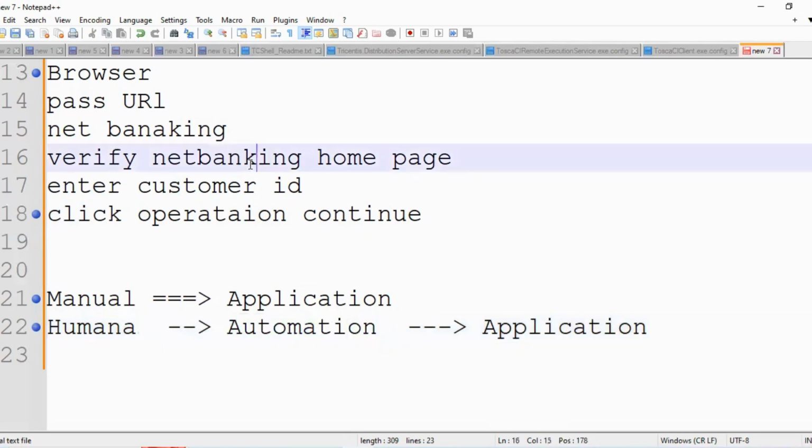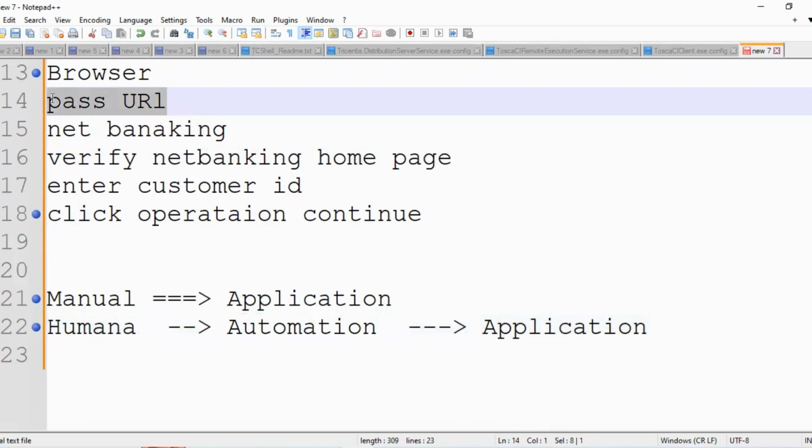Okay. So now see here, to launch the browser, we need the browser category. To pass the URL, we must